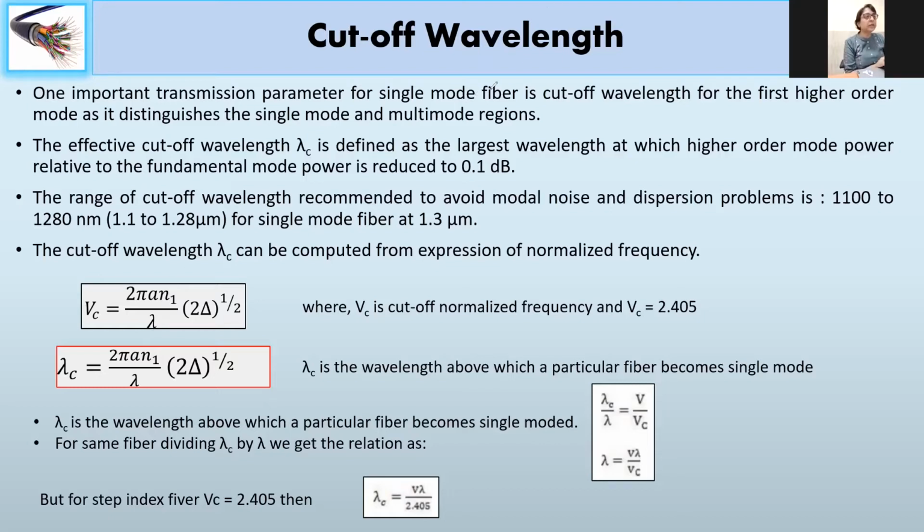So why do we say so? Because as I have given you in the last class, V number decides how many modes can travel, and V equal to 2.405 is a condition for a single mode that can travel through a fiber. Okay, so single mode transmission, that is 2.405. So if I say that according to this equation, finding out the equation of lambda, we get lambda.